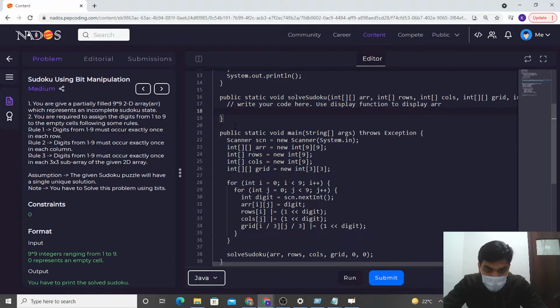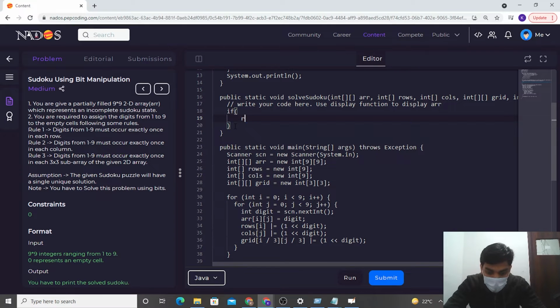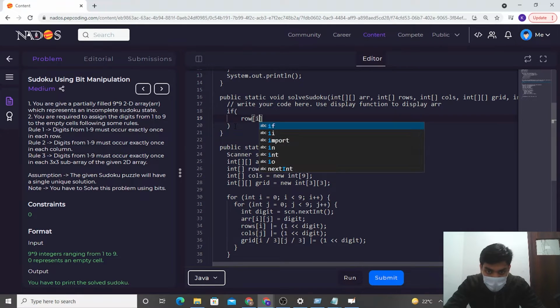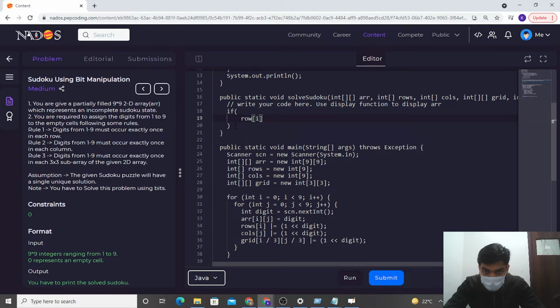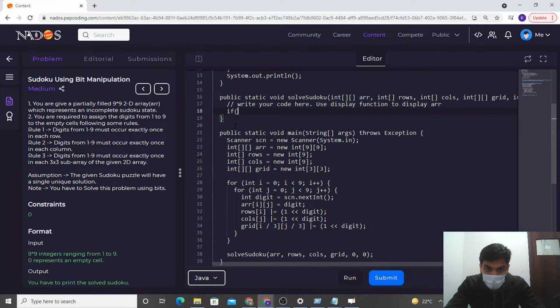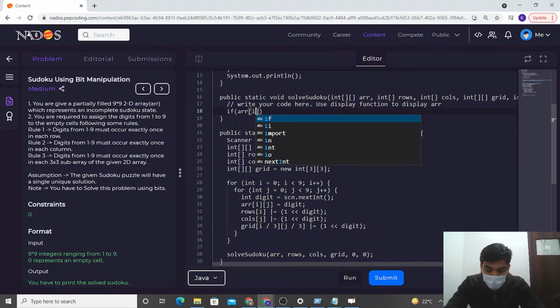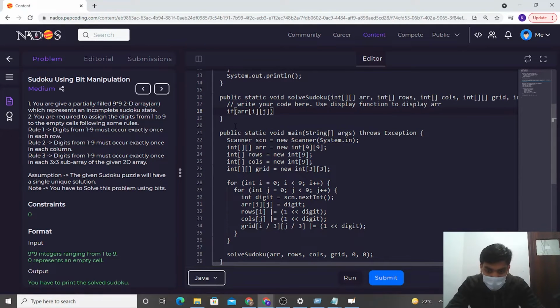So first, let's check when do we need to do the recursion call. If my array of i j is not equal to 0, then what? Then I don't even need to make the calls.